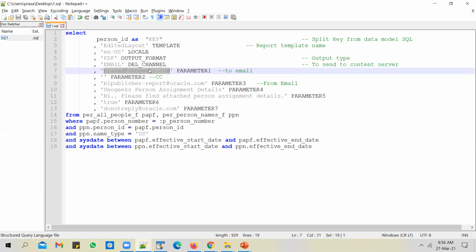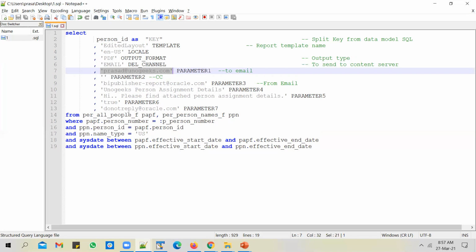Or if you run the report for a specific employee, you can pick up this email ID from the employee definition, so that it goes out to the email of the person with whom you are running the report. I've hard coded the email ID here, but you can pick up the email ID from the employee table so that it will be sent out to the employee. Or you can do the same thing for a customer or a supplier. If it's an AR invoice print report, you will have customer tables, and you can pick up the email ID from the customer table, so that whenever you print an invoice, it will look at the customer on that invoice.